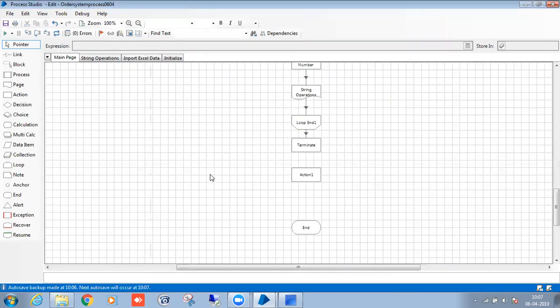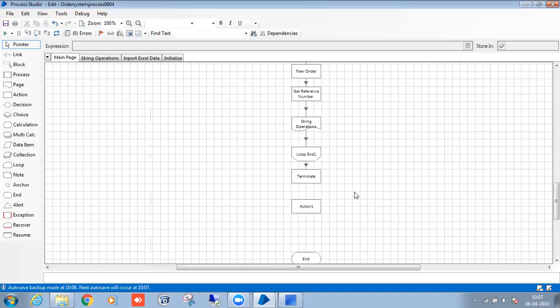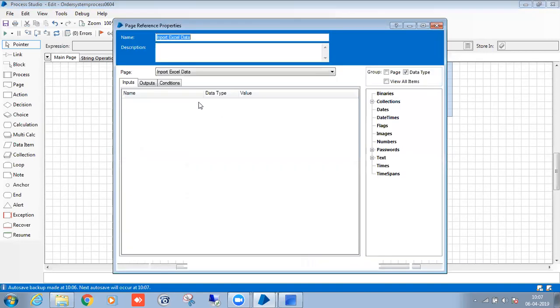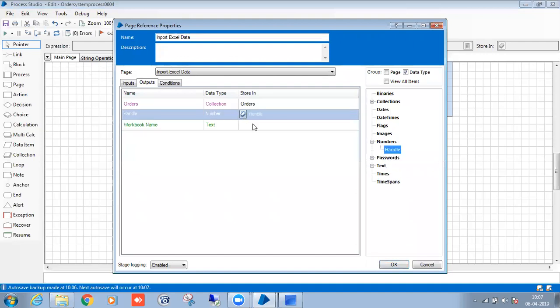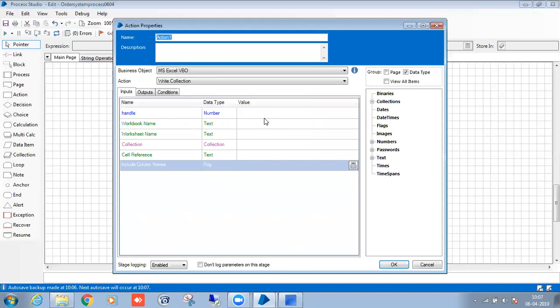Come to the main page, input Excel. So these we will also get. Right. So now we can easily write.